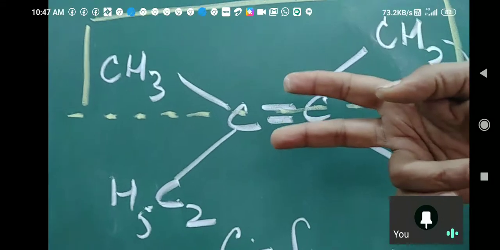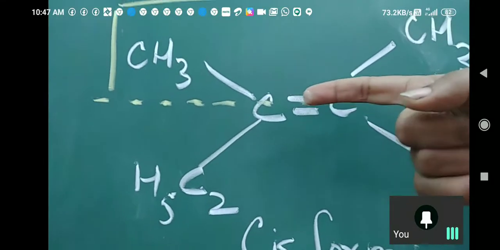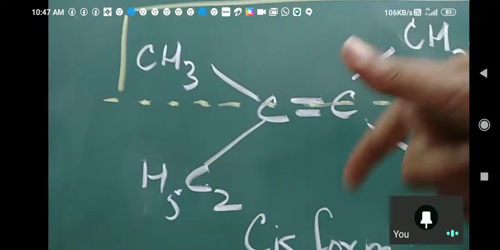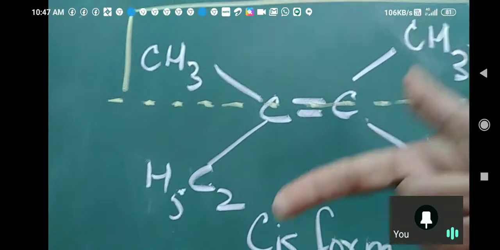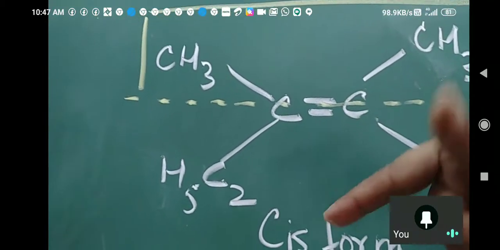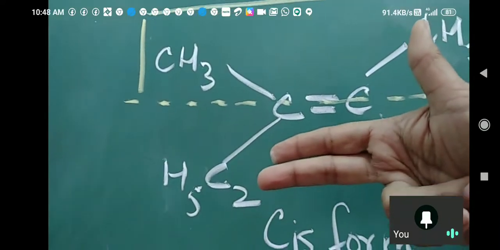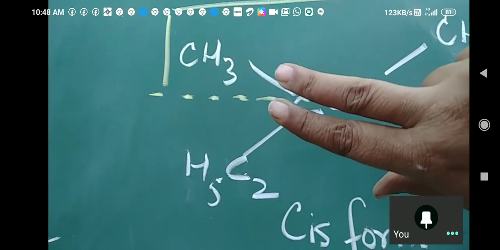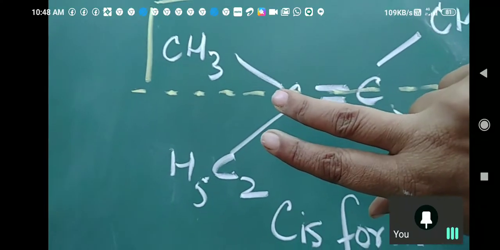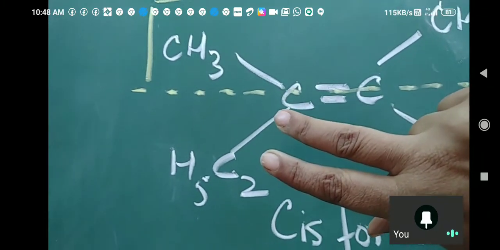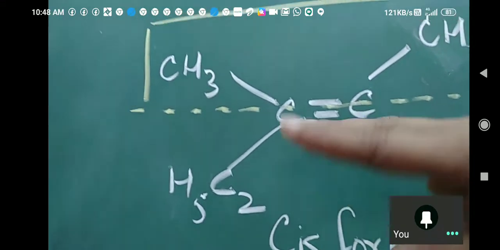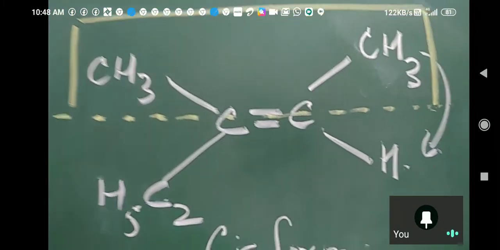Right? Now, look at the single bond. A single bond can be rotated by 360 degrees. See my rotation? This thumb, where it is going, it can be rotated by a full 360 degrees, isn't it? But a double bond, look at my thumb, can be rotated only by 180 degrees. Because beyond this, I am feeling the pain in my fingers. That is strain in the bond. In the language of chemistry, that is known as strain in the bond. So if that happens, one of the bonds will break. And which bond will break? The pi bond will break. Okay.